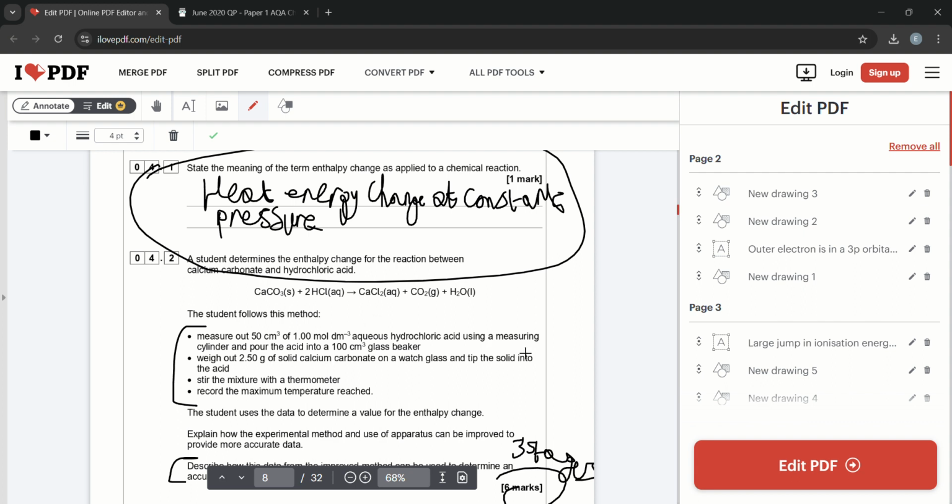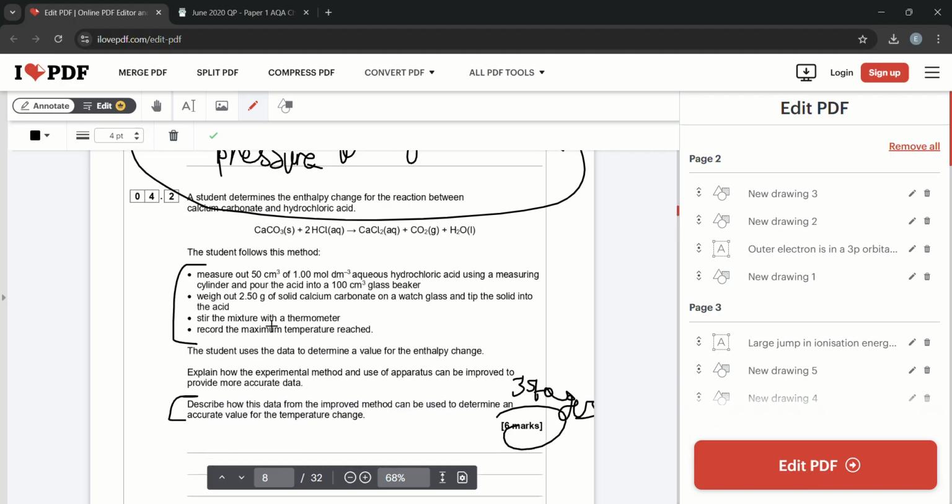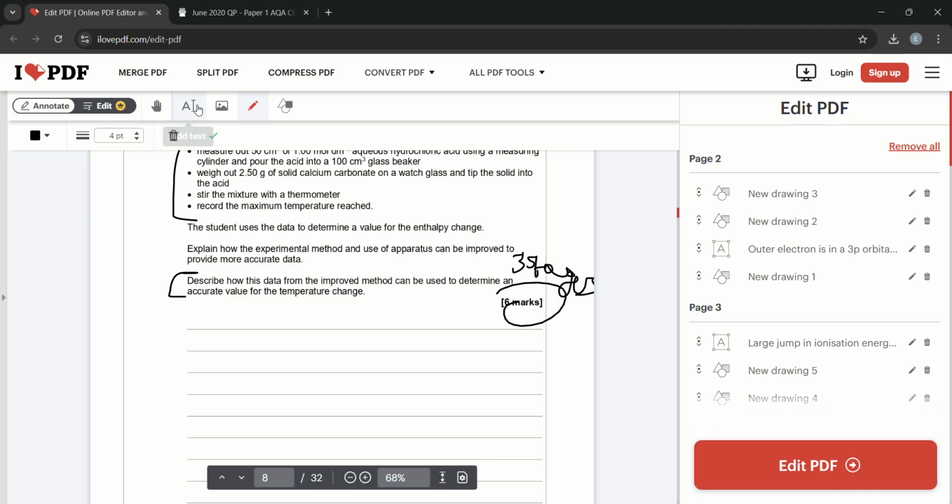We're using a measuring cylinder. There's no mention of a polystyrene cup, no mention of insulation, no mention of using a burette instead of a measuring cylinder or pipette, no powdered solid. The solid should be powdered to give more accurate data. So that's what we're going to do really,